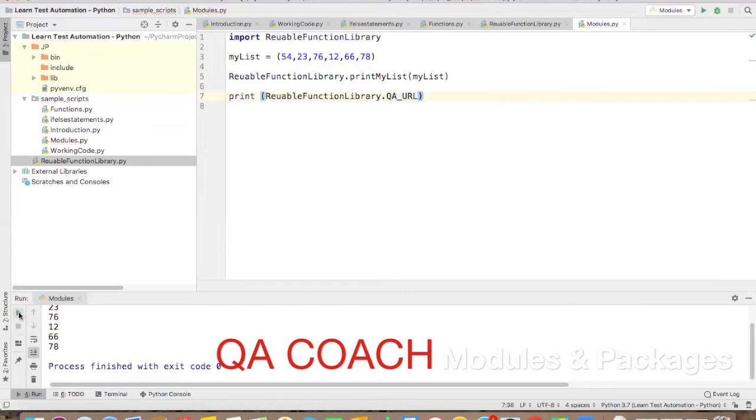Okay, execute it, and you can see the result is here. So this is how we define modules, and we can access them. There are different ways of accessing the elements from a function from a module. So this is one way. Another way is